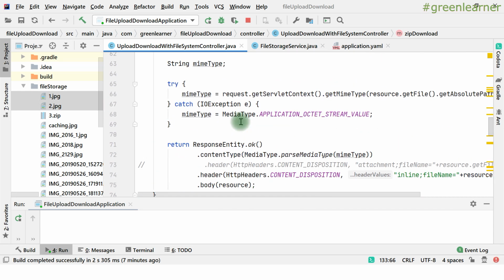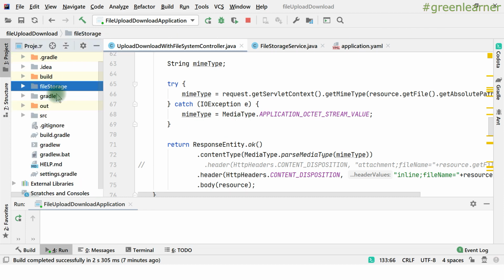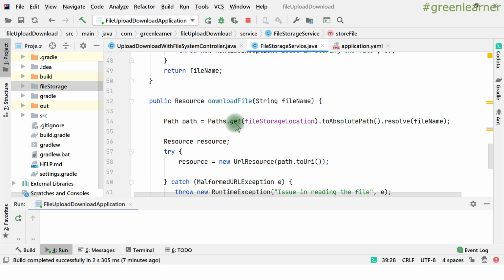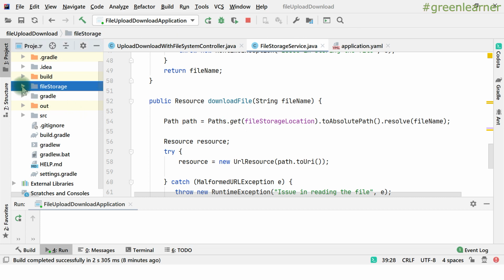So this video's target was to play with multiple files, right? So uploading multiple files and downloading multiple files. We have done that. The next video will be the last video where we will be playing around with the database. Till now we were storing the files in the local file system using this file storage service where all the code is written. In the next video we are going to set up a database. We are going to create a table where we will store each file in a database table, right?